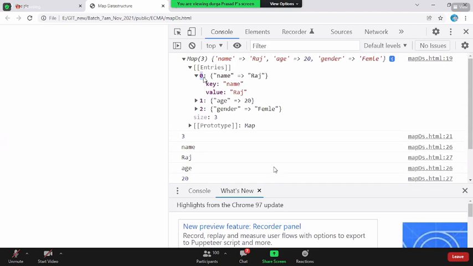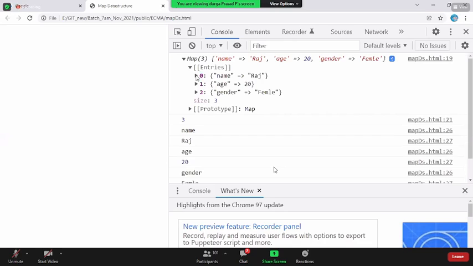I mean, remember, when you go into the JSON object, internally the data structure it uses is an array. Yes or no? Yes, sir. Even in the case of your map, the internal data structure is like an array. That is the reason you see this 1, 2, 3. But you cannot access the 0th position. You cannot say, give me the 0th position of this. It is just a structure that it is showing. Anytime you want to retrieve the value, it should be through the corresponding key, not with the index. Okay, sir, understood.